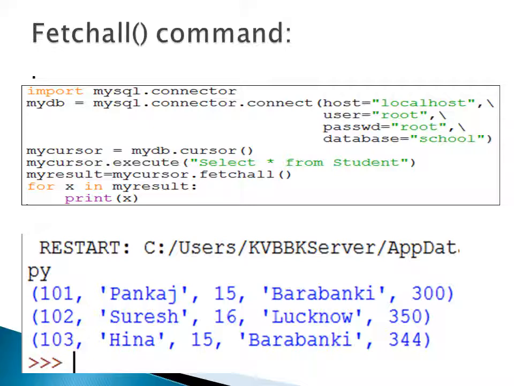Now there are a few functions: fetchall, fetchone, and a property rowcount. The first function is fetchall. We will use fetchall to access or fetch data from the record set. This fetchall function fetches all records of the record set. If our record set has 10 records, then this function fetches all records at a time. Now see how we will use this fetchall function.